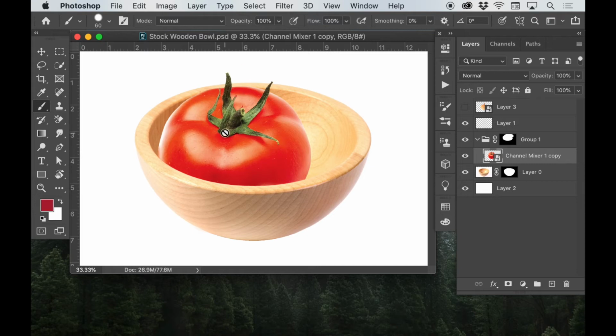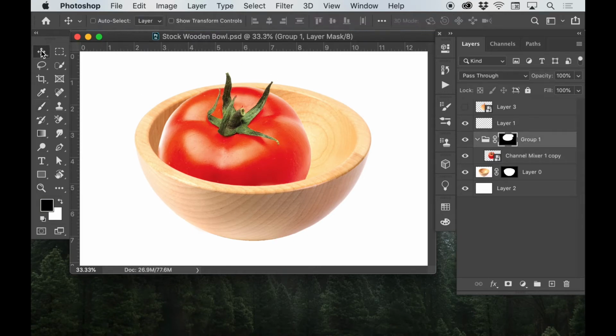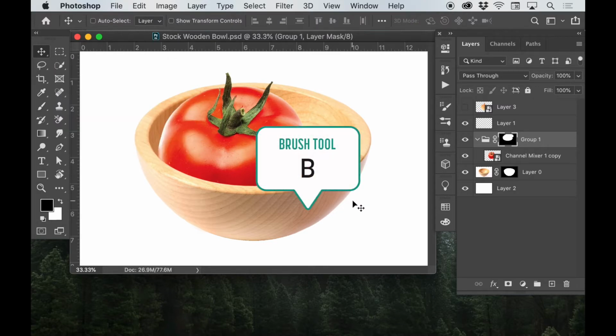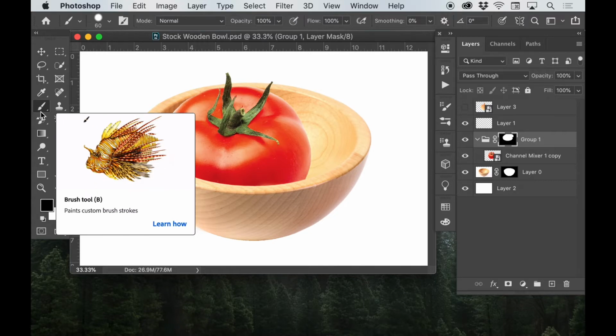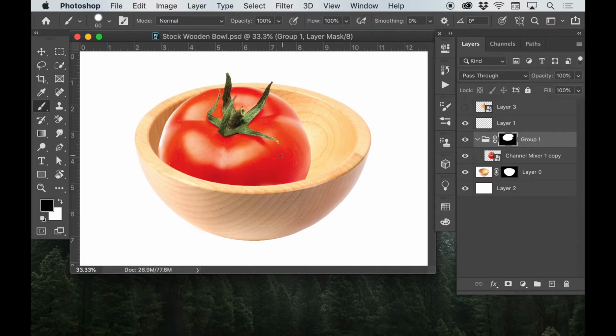In this part, we're going to be talking about the brush tool. To select the brush tool, the quick key is B for brush. And when you select the brush tool, that's this tool right here. And some other quick key functions that are very helpful that you're going to be using all the time are